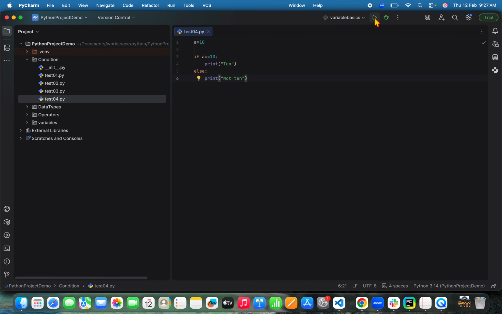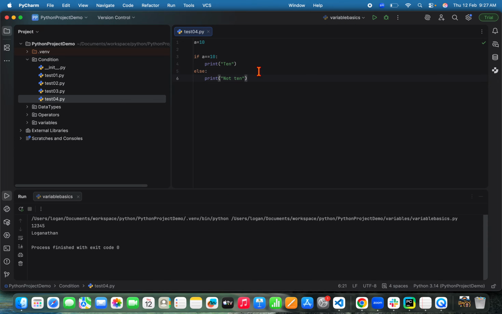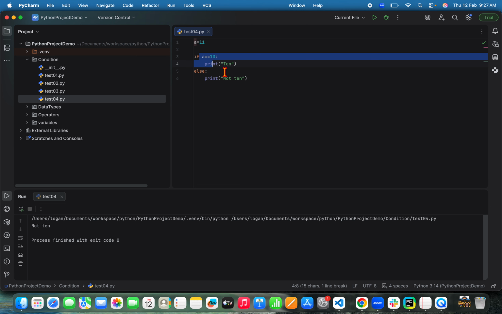Let me run this program. I select the current file and run it one more time. So it prints 10. The moment I enter 10, it prints 10. If I put something else, say 11, and run it, it says it is not 10. And here I'm using an if condition, right? If the condition is true it gets in, if it is false it is getting into else. The same thing, how can I do